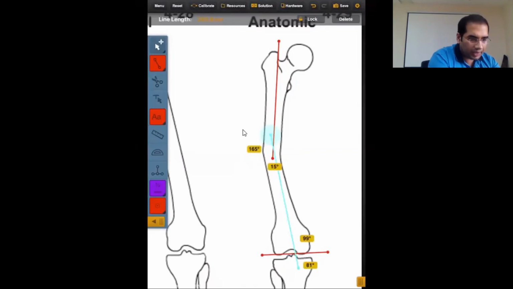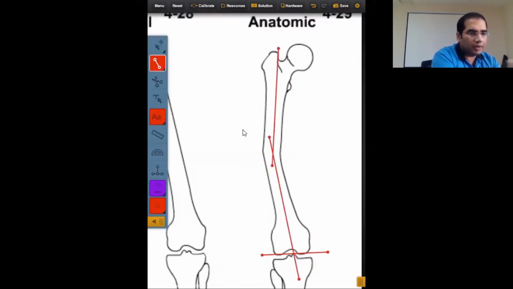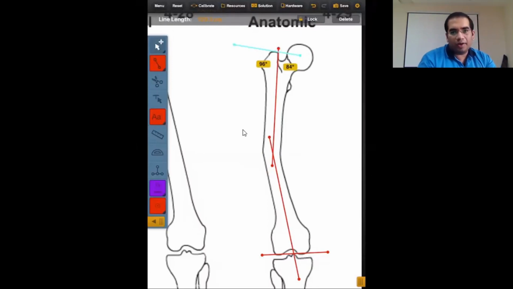The normal mechanical axis is 81 degrees, and the upper angle, the mean, is 84 degrees. So we have drawn a mid diaphyseal line which is also 84 degrees to the joint orientation of the head. The medial proximal femoral angle is 84 degrees, and the lateral distal femoral angle is,